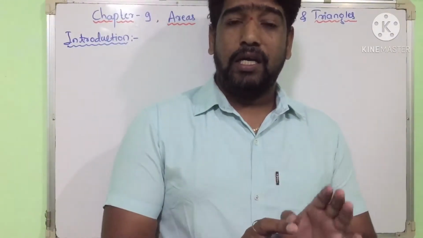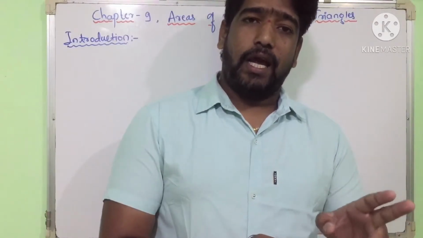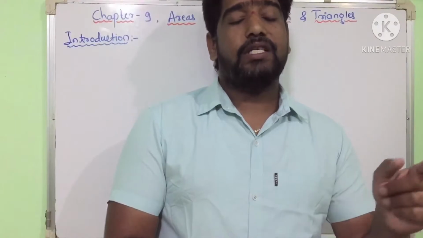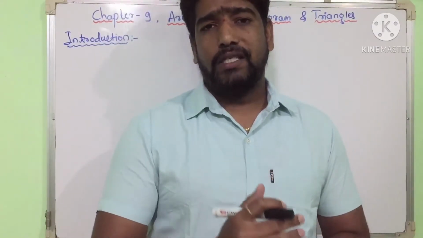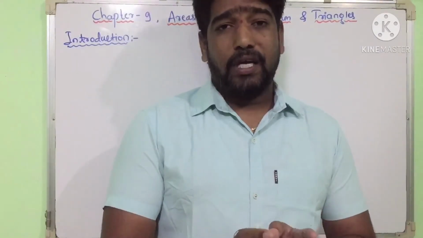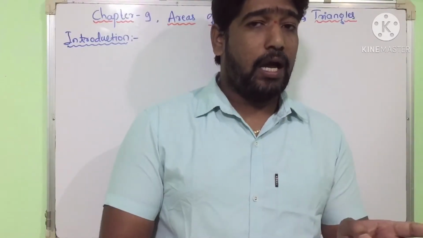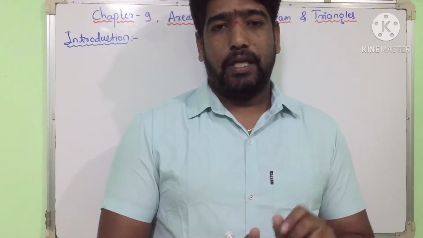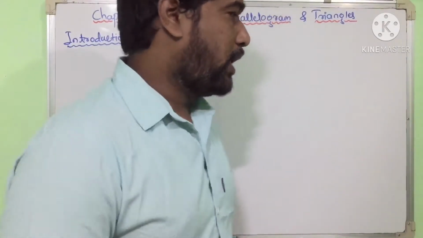If two figures are congruent, their areas must be equal, and the converse is not true. So what is that? If two figures have the same area, then they need not be congruent. So for example here,